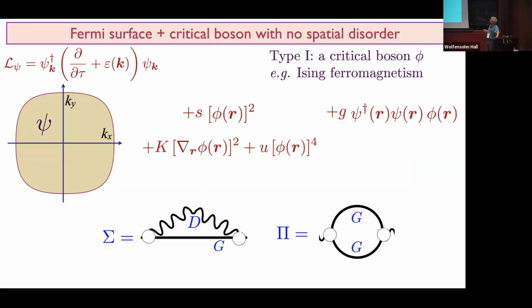And I'm just going to consider type 1 in this case. So this is the theory I wrote down last time. You have a Fermi liquid here, and then you have a scalar field, which represents some broken symmetry. We've done some field theory with it. And then you have this coupling g ψ†ψφ. I think this is how you wrote down exactly this theory in his discussion.